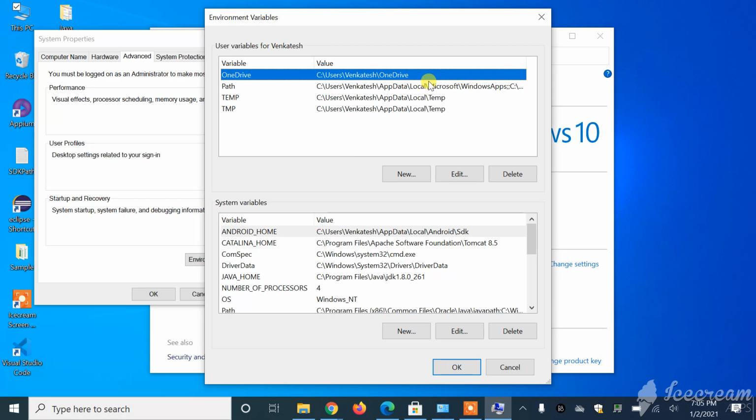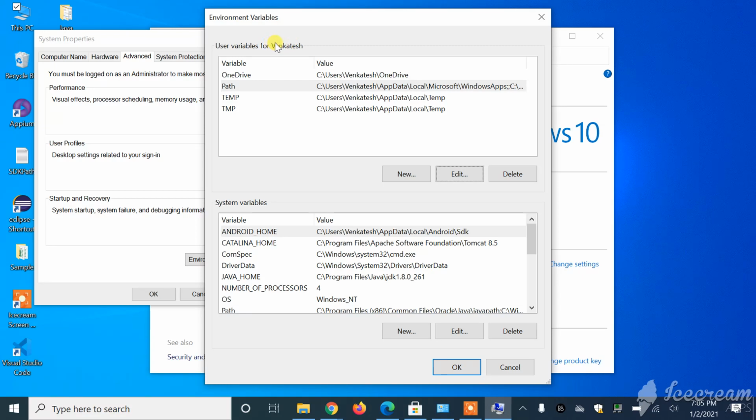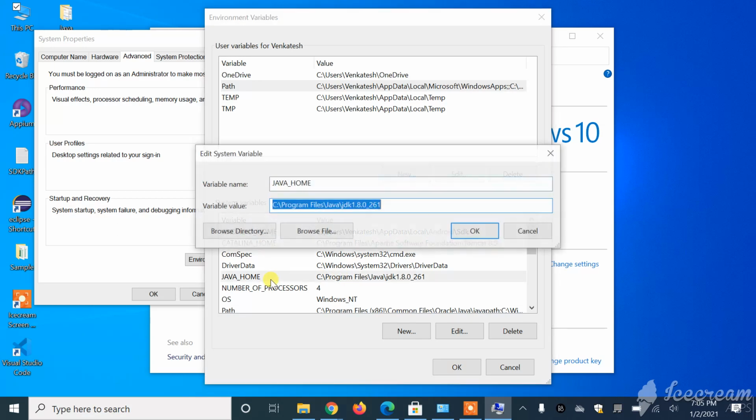First, if you set the variable in the user variables, it applies only to that particular user. For all the users, where many users are there, and all of them should be able to use Java, we have to set it up in System Variables. In System Variables we have to create JAVA_HOME, with the JDK path. You have to mention the path up to the JDK folder.